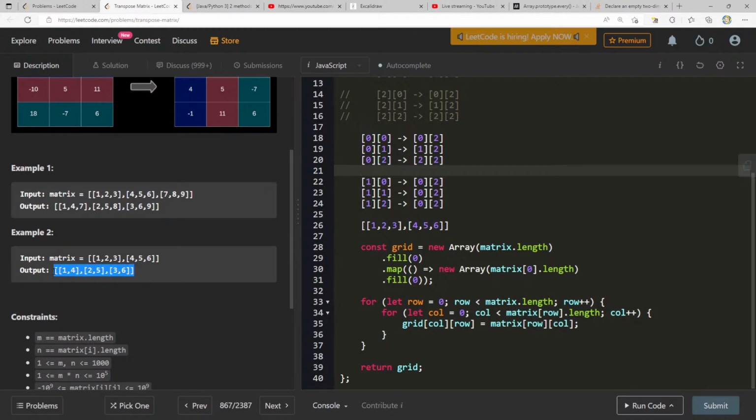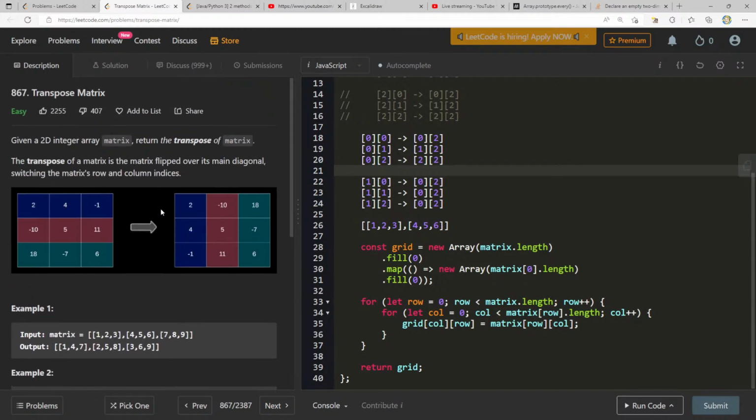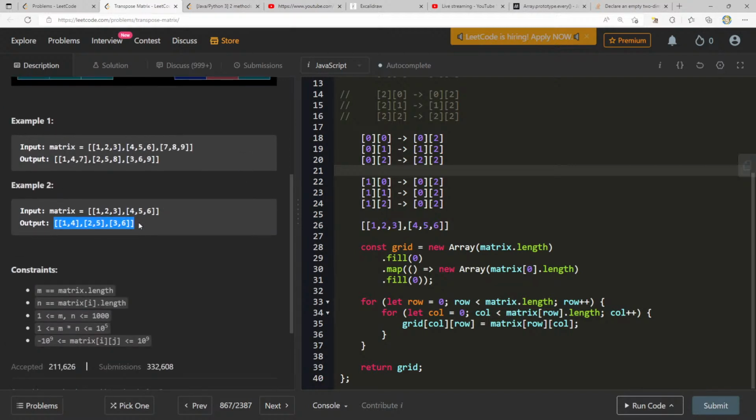Oh, wait a second. Yeah, okay, I think I see what you're saying. Maybe 1, 4, 2, 5, 3, 6. So it looks like we're actually ending up with more rows.